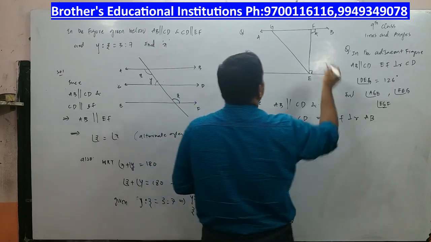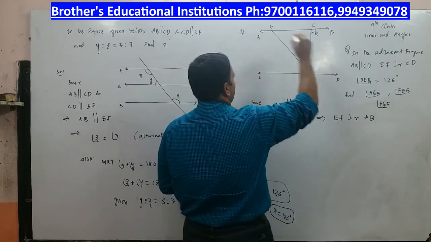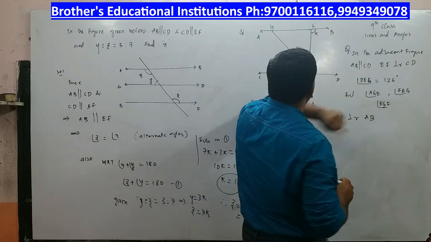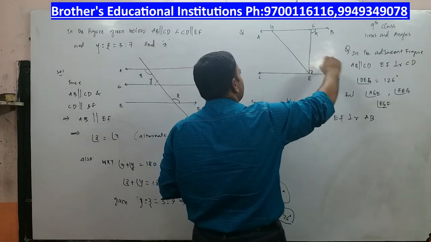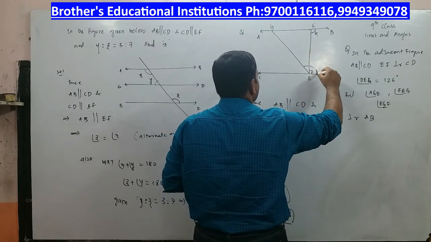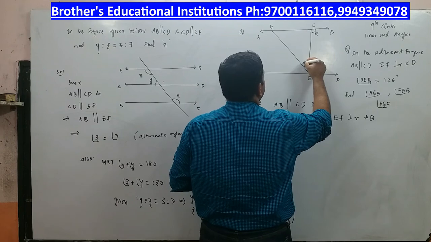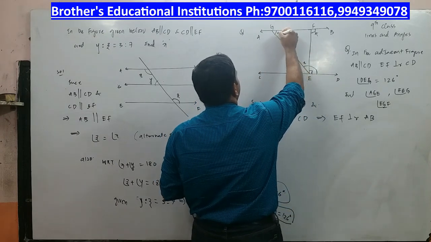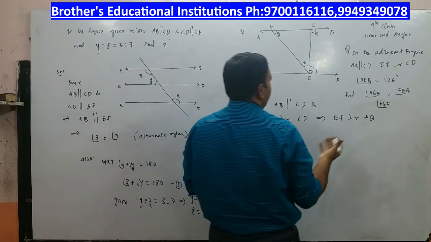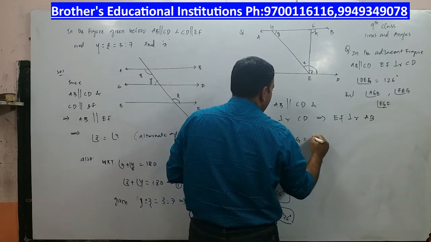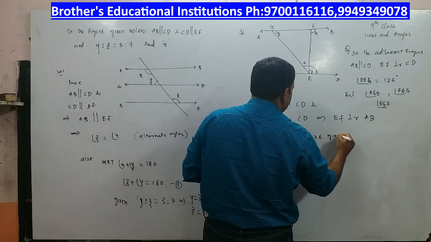I got it through my understanding. All right. So now what am I going to do? What is the question asked? The question asked is angle DEG is 126 degrees. See, this entire angle DEG is 126 degrees. So let me assume this as X. Let me assume this as Y. Alright, so let us first find X and Y. Now angle DEG is equal to 126 degrees, that is given to you.